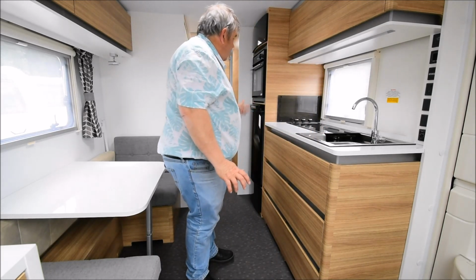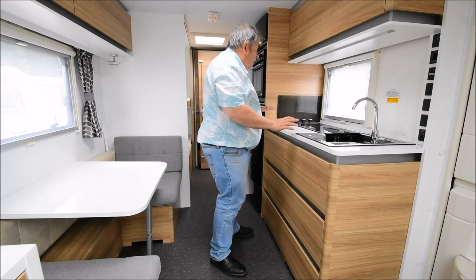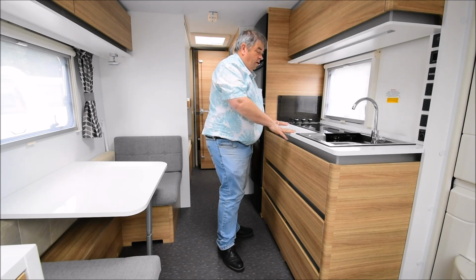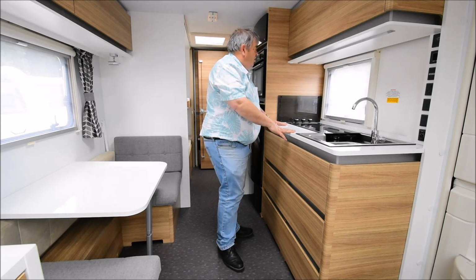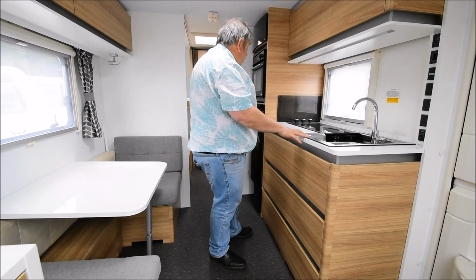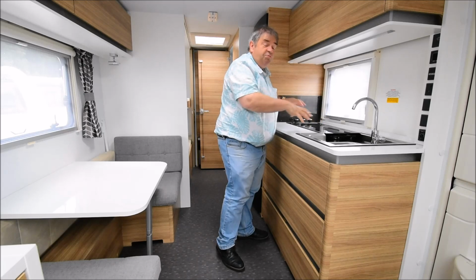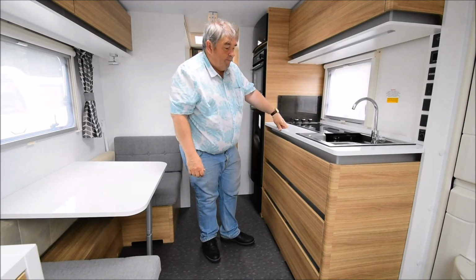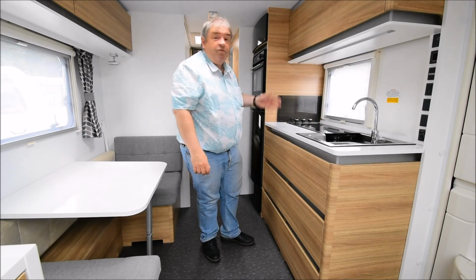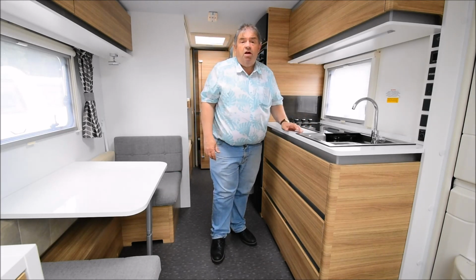Now, again, as I say, if you're feeding 6 in here, or 4 or 5, you are pretty limited on worktop storage. So consequently, you know, you really are working against it really. LED lighting across here, make sure that you get plenty of spread of light. The kitchen itself is pretty well finished off, but let's have a quick look at the side bunks, side settle